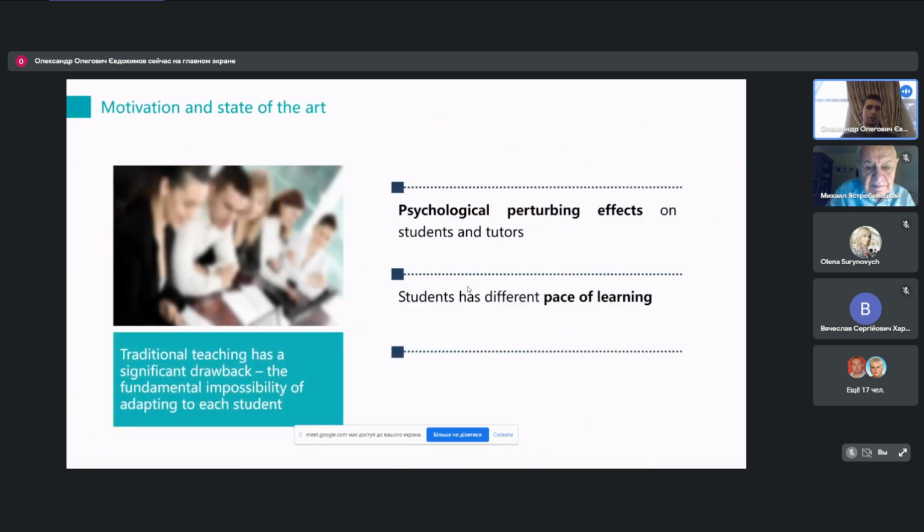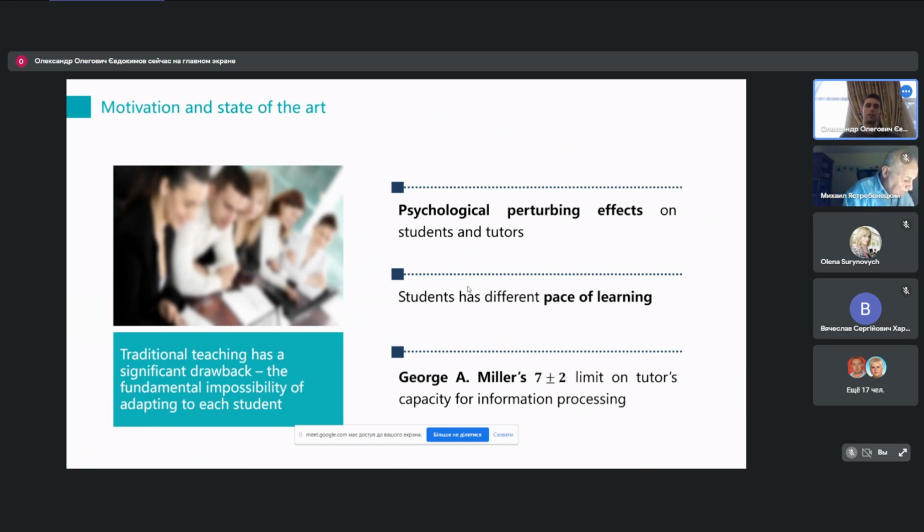From the standpoint of systematic process management, traditional teaching of knowledge and skills is characterized by a number of destabilizing factors that negatively affect the quality of students' training. There are many of them. Psychological perturbing effects on students and tutors, as an example, distracting thoughts, mood swings, and so on. Next,